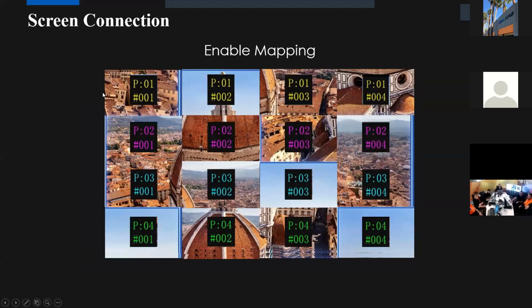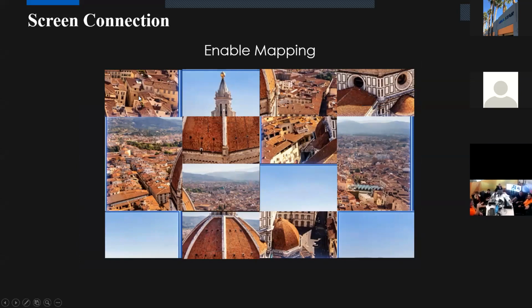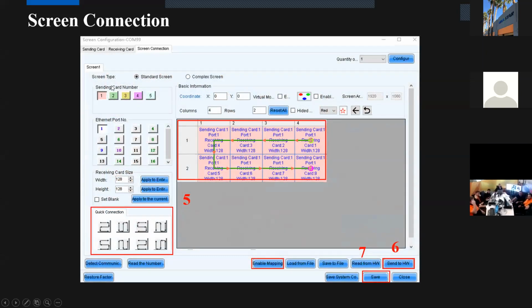let's say, yes, this is for one sending card. Let's say the port number 1, receiving card number 1. Let's go back. Yes, sending card number 1 and Ethernet port number 1, and click the left top side directly